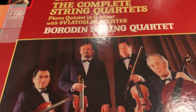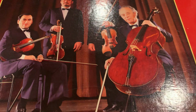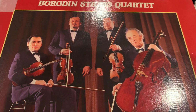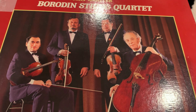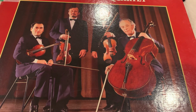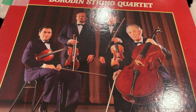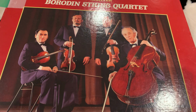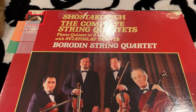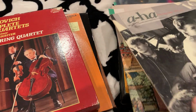And I'm showing this because this was a direct cut to the lacquer, and it does not say if they applied compression or anything. I think the only compression they applied, well, I don't know, maybe they didn't compress it at all, because this is a crazily dynamic recording. This sounds the closest to a real life quartet that I have heard, and the tonality of the instruments is like this recording was done in another universe,